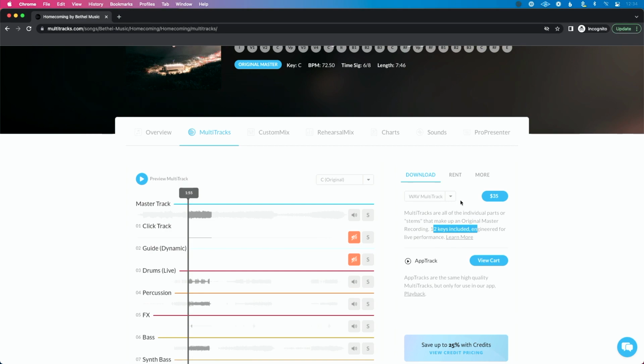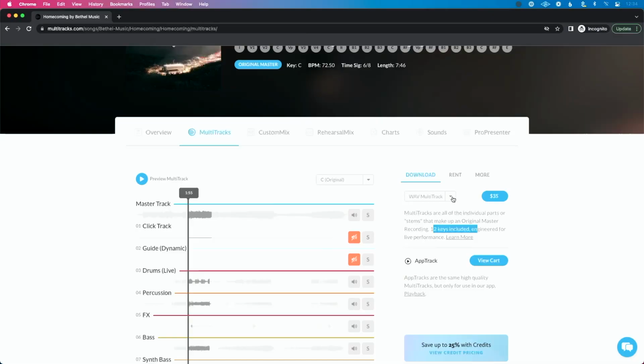So when it comes to MultiTracks, I have a couple different options. Let's recap all this and then I'll spend some money, because I'm a man of the people and I'm a servant of the people. I'm here to spend money, to solve problems, to figure things out for all of us. But let's do a recap and then I'll purchase some content and we'll come back and we'll look at what